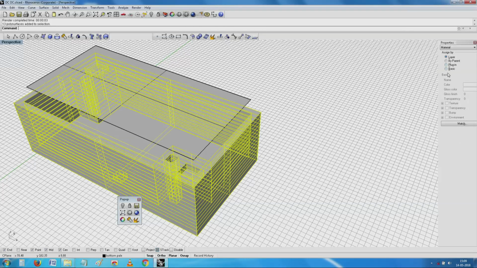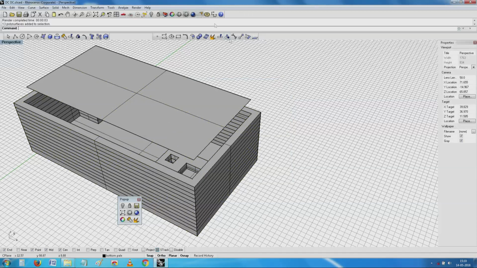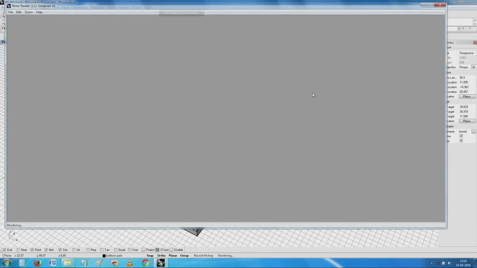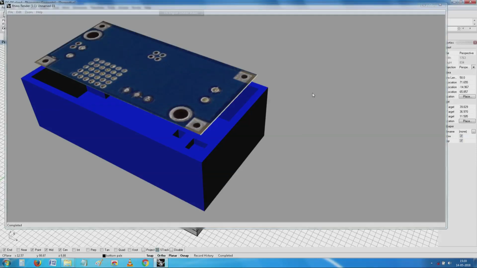thing here. Now I will see whether I will try to give a basic material here, and then I will see whether I can give similarly a basic color, and maybe my print is going to be a dark blue box, and then say OK, and then now when I try to give a rendering, you see here I have a blue box on which there is a nice printed circuit board which is sitting there. I can go on like this and then try to build more and more things on this.